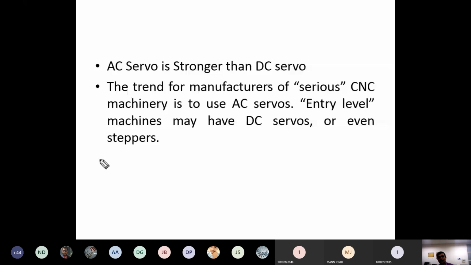When the first CNC or NC machine was manufactured, I think in 1970 or 1972, at that time we used DC servo motors and even stepper motors. At that time AC servo motors were not popular. Today we use the AC servo motor compared to the DC or stepper motor. In olden days we used the stepper motor because it costs less. Cost wise, the AC servo motor is very costly, and the DC servo motor and stepper motor cost is very low compared to the AC servo motor.